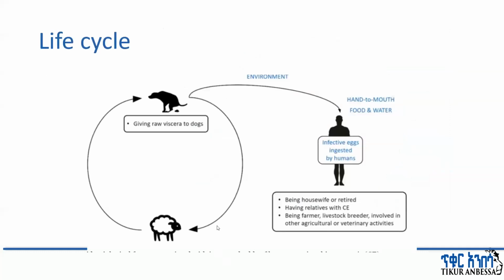This is the life cycle. Sheep is an intermediate host, and the dog is the definitive host. Human beings become an intermediate host by accident. So if you are a housewife or retired and had a dog that was not treated very well, or a relative with a dog carrying Echinococcus granulosus, these are the risk factors. Human beings get infected by